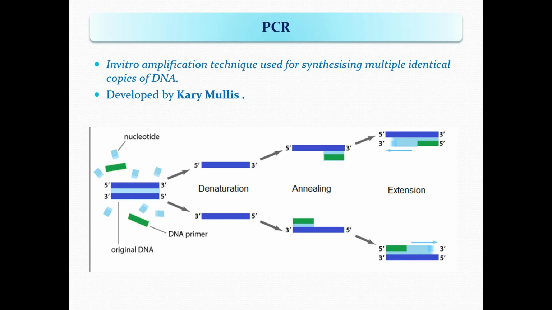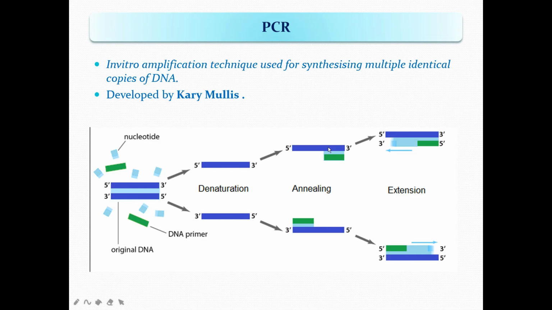During denaturation, the reaction mixture is heated to 95 degrees Celsius for a short time, and this will facilitate the denaturation of the target DNA. Then each strand of this DNA will become a template for the next process. Annealing is done by rapid cooling, and it will allow the primer to bind itself to the sequence of each of the two strands.